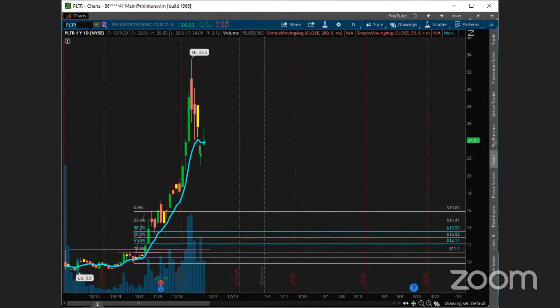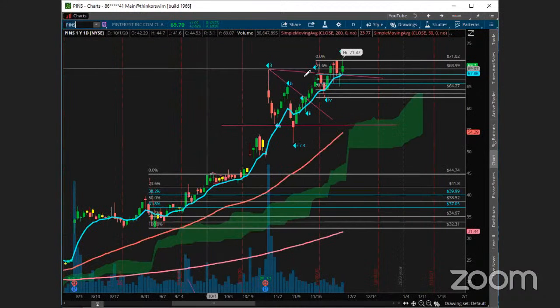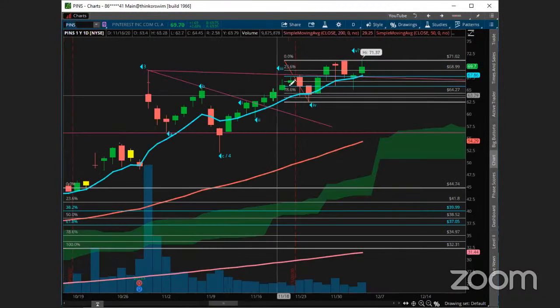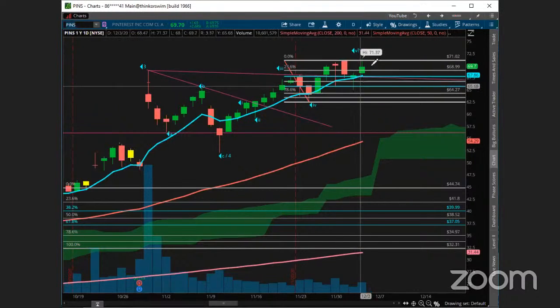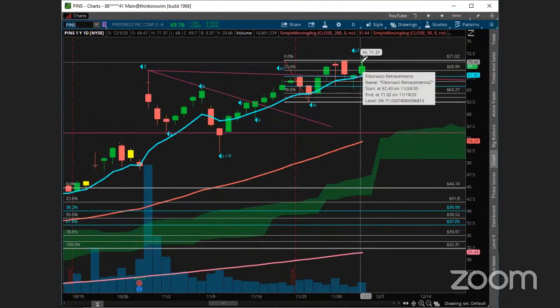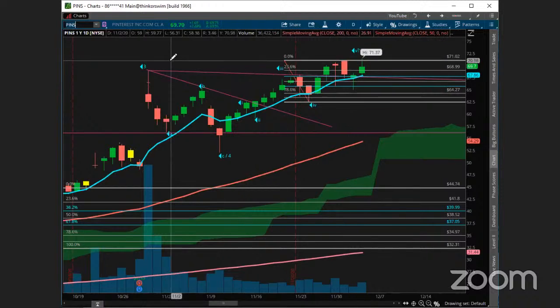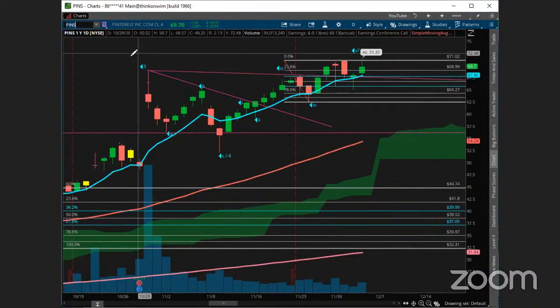Reed, yeah, PINS. Let's take a look. Yeah, so PINS again, same thing here, right off the 618, and then another bounce off the 618 here. So trying to get it in those areas after the breakout, sometimes can lead to some nice moves. So let's see if we can continue to push and get over today's highs. So good stuff there. And then NNOX.